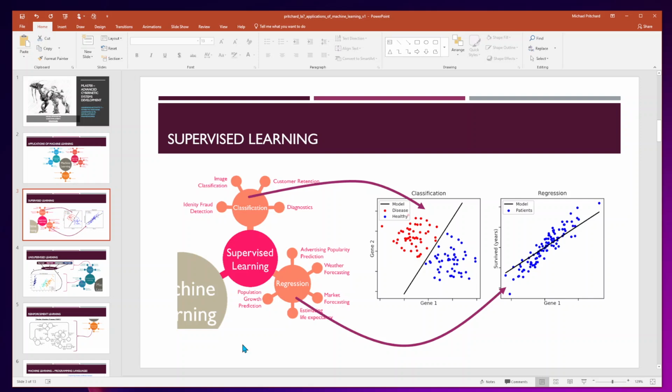So that's a classification. Now, a regression is a prediction. When I have this line here, this is called a hyperplane in a classification scenario, but in a regression scenario, it's a line of best fit. So in a regression situation, I'm saying, hey, as a particular gene, or as something moves along, this is a survivor model, I can estimate, I can say, hey, this is going to predict life expectancy,